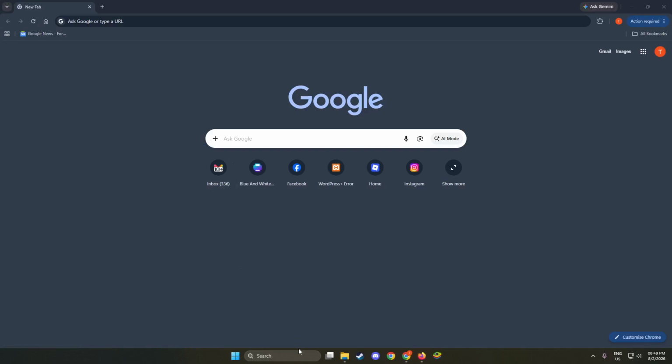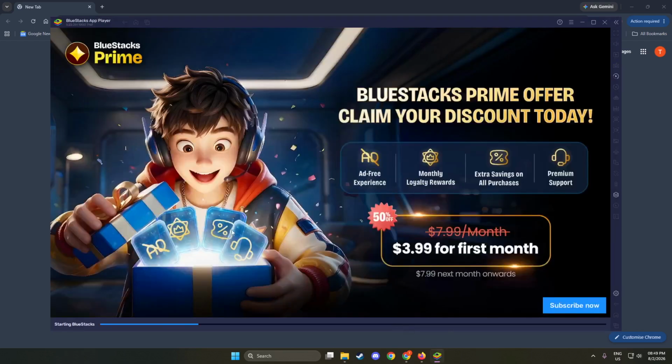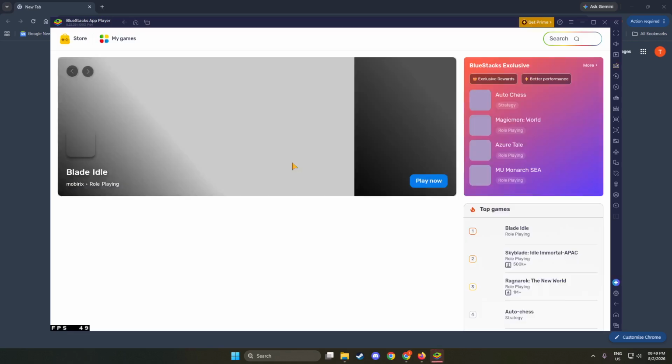Close the BlueStacks window, wait a couple of seconds, then open BlueStacks 10 again. On the next launch, it will start using the new CPU, memory, and frame rate settings you just configured. You should notice smoother animations and more stable gameplay once your apps load. You have now tuned BlueStacks 10 for better performance and reduced lag.